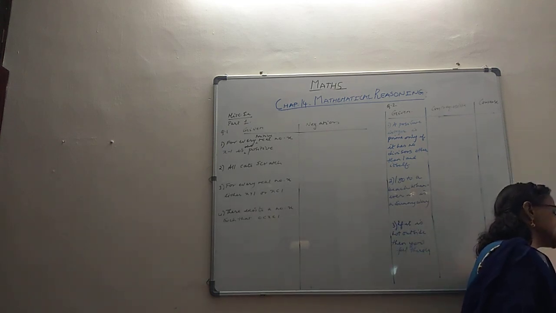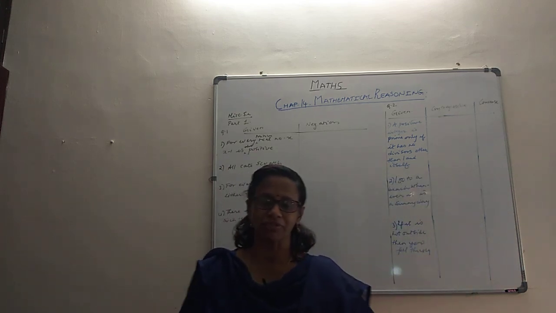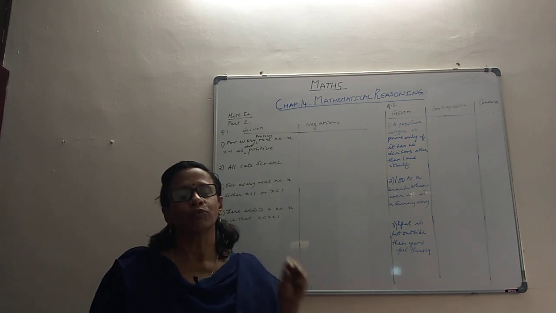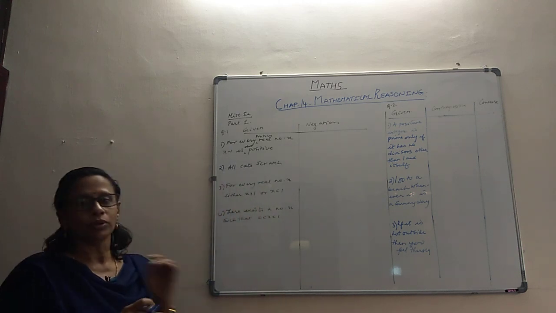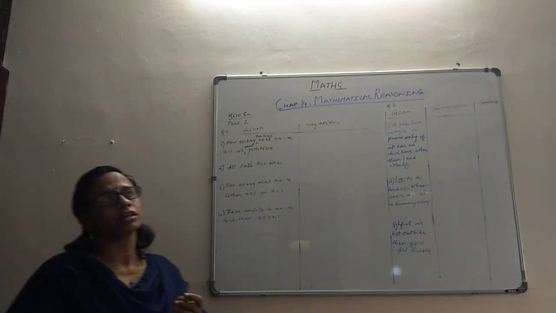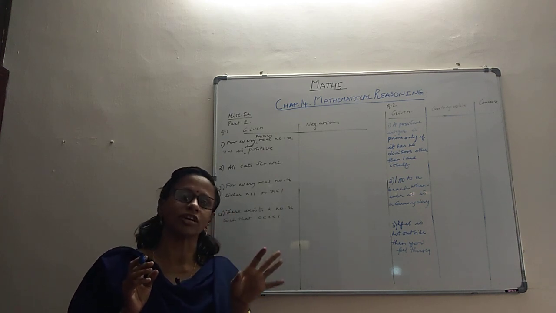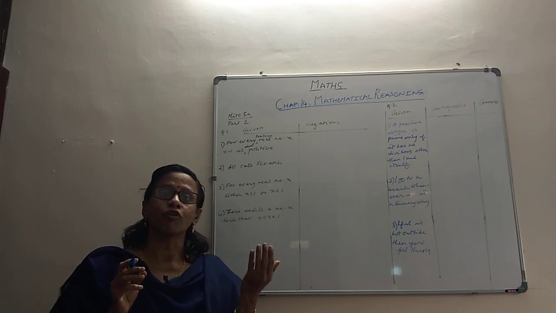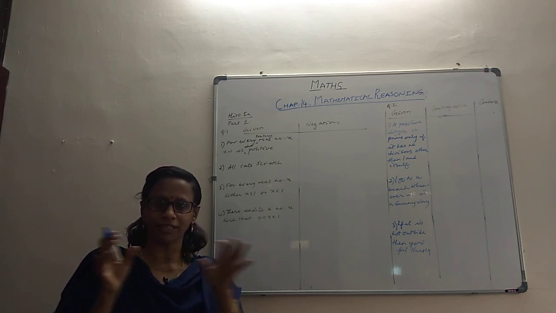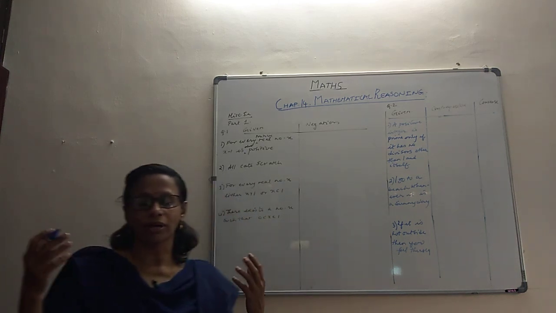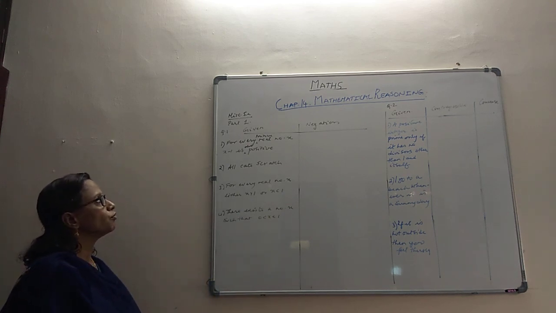What does it say? Write the negation of the following statements. They give us a certain statement and they ask us to write the negation of it. Negations we've learnt earlier: whatever statement is given to us, you have to give just the opposite sense. But here we will learn a little more specifically. Statements which have 'there exists', generally when we write the negation, we write 'there does not exist'. And statements where the quantifier 'for all' is used, we generally introduce 'there exists'. That's like a trick, so that you don't have to hunt a lot for the words and are able to frame the sentences easier. So that's how we are going to go for the negations.